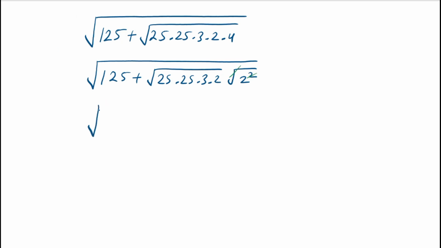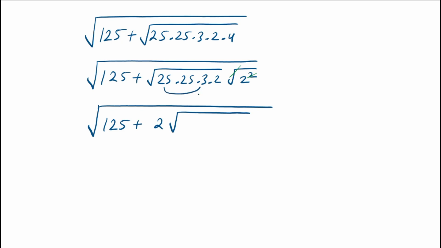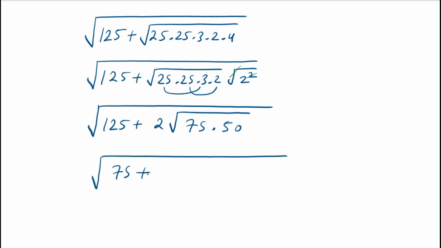So here square root of 125 plus 2 times square root of 25 multiplied by 3, which gives 75, and 25 multiplied by 2, which gives 50. Then 125 is the same as 75 plus 50, plus 2 times square root of